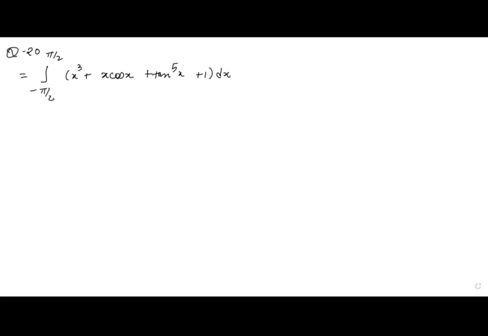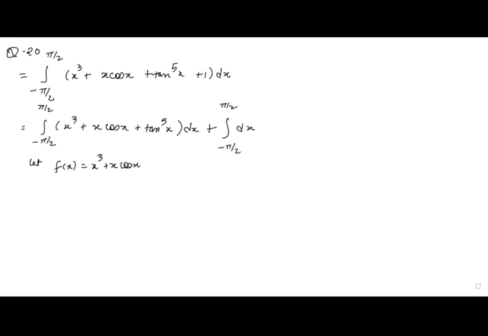Now, as it is minus a to a, we can apply property 8 over here, but before I apply that property 8, I have to make some arrangements. We'll separate this last term from integration, means I will give this individual integration to 1. If I assume f of x as x cubed plus x cos x plus 10 raised to 5x, and if I replace x by minus x,